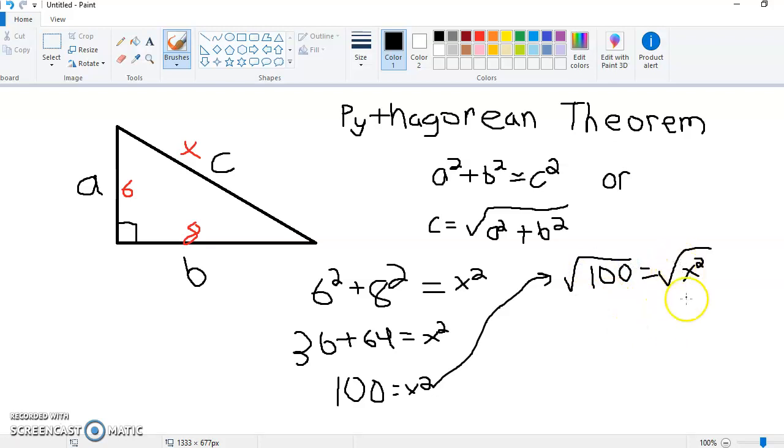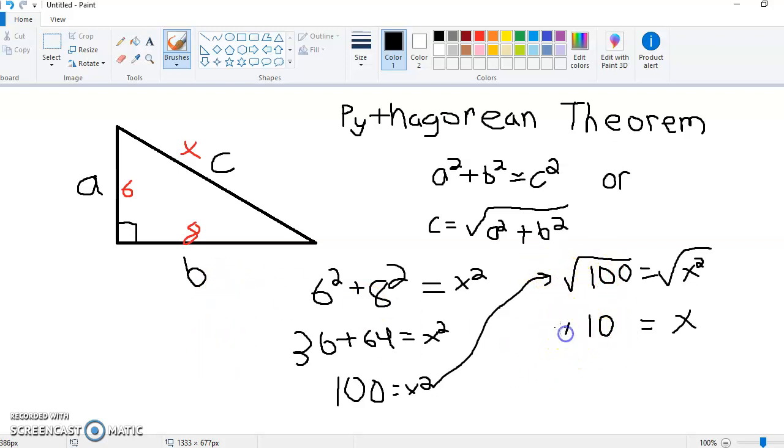So now x squared becomes x because we've got rid of the square, and 10 is the square root of 100. So x equals 10. Now, notice that many times when we use a square root,